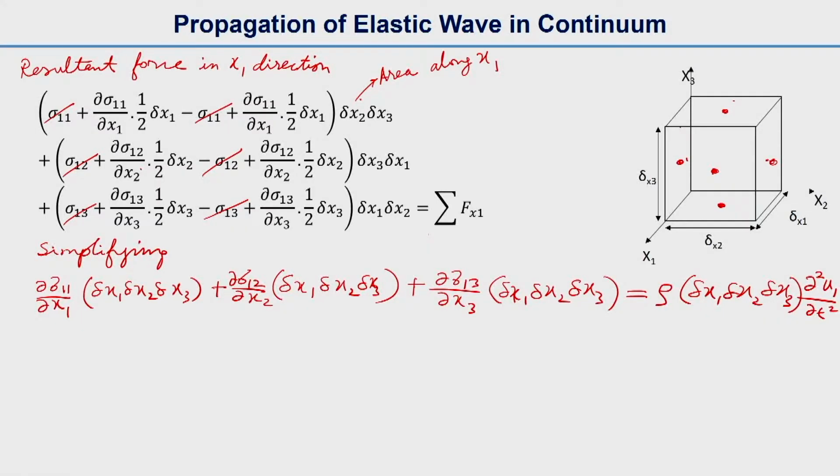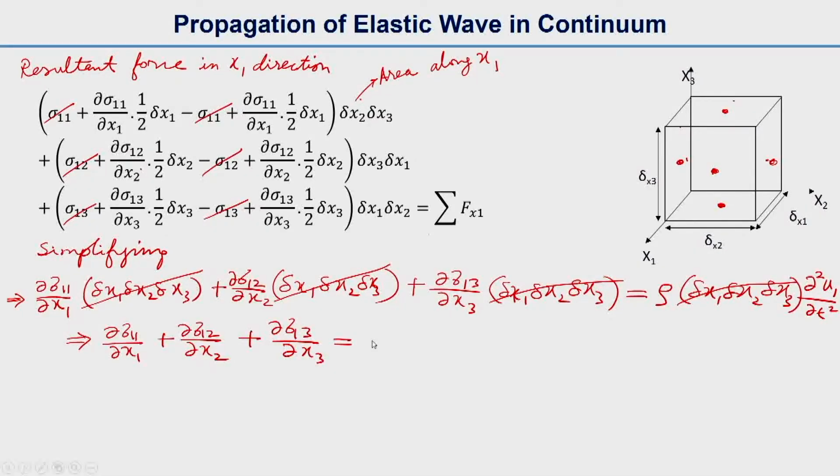Now if we simplify, we can cancel the volume term, and that will give us partial of sigma 11 with respect to x1, plus partial of sigma 12 with respect to x2, plus partial of sigma 13 with respect to x3, which will be equal to density rho times the second partial of u1 with respect to time,